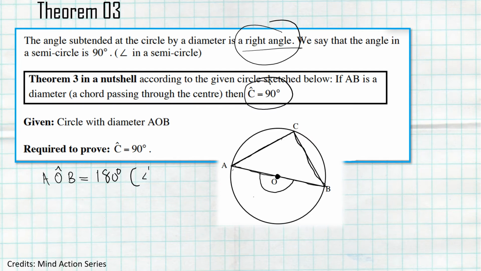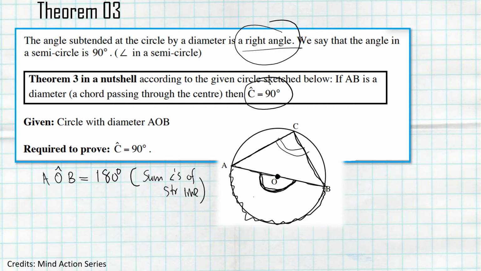Because angles on a straight line are supplementary, that is, they add up to 180 degrees, right? We know another theorem. Okay, we have a chord here. Can you see this chord AB is subtending this angle at the center, right? We talked about theorem number 2 in the previous session, and we said that the angle subtended by the chord at the center of the circle is equal to 2 times the angle subtended by the same chord but at the